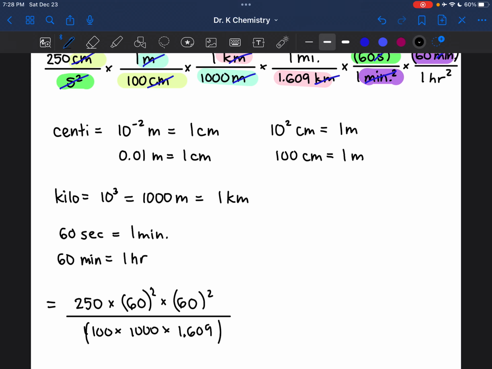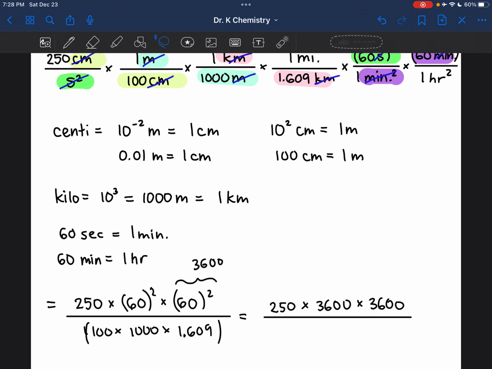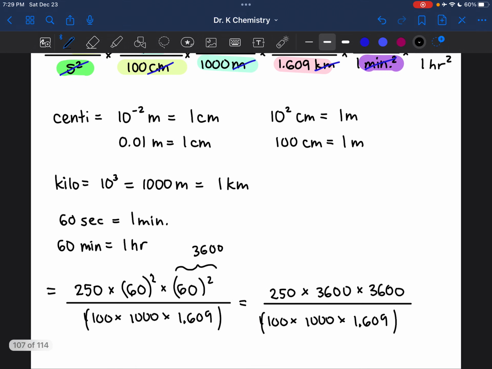And then we're going to divide by 100 times 1,000 times 1.609. If you're extra worried about it, you could turn the 60 squared into 3,600 and plug in 250 times 3,600 times another 3,600, and then divide by that entire denominator that we have over here. Okay, so I will plug this in. Okay, and I'm getting